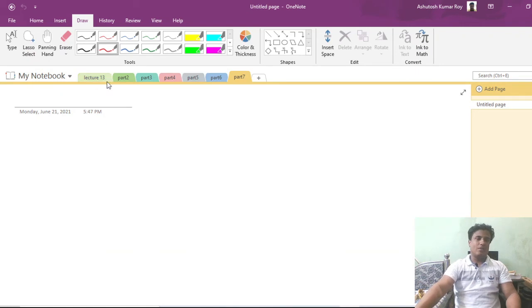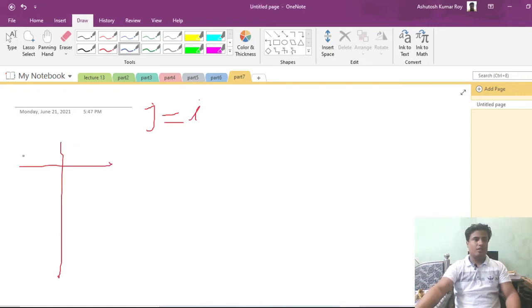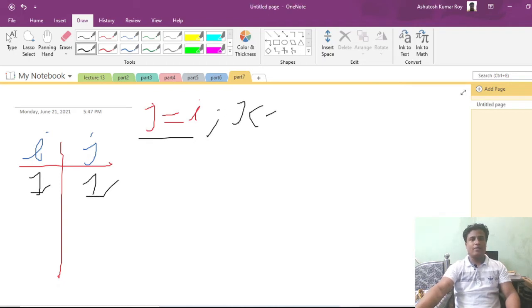So what we have to do now, we are making j equal to i. Okay, j equal to i. So the i value is initially 5. So first of all, i value is 1 and we are making this one, so j will also get 1. And what is our condition here? j is less than or equal to 5. So 1 is less than or equal to 5, so we'll enter the loop and print the star.